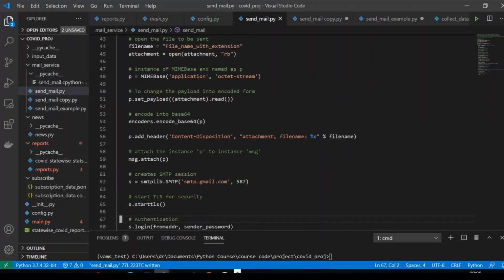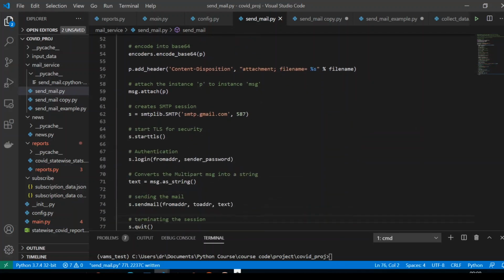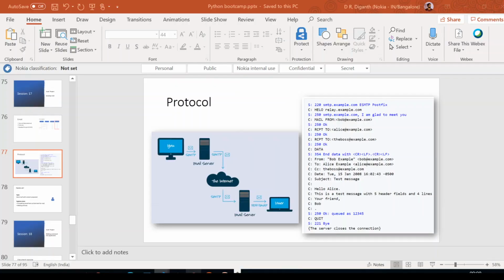And then here is where we are interested, whatever we learned here. I am telling what port I need to send to, because every protocol has a port, and then you need to tell the domain name, something like this.